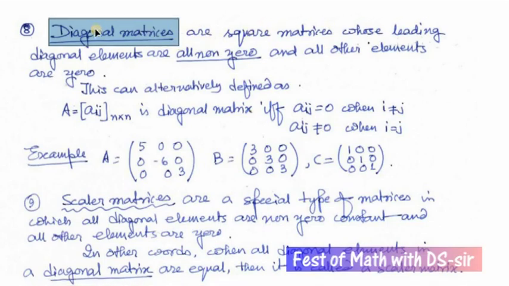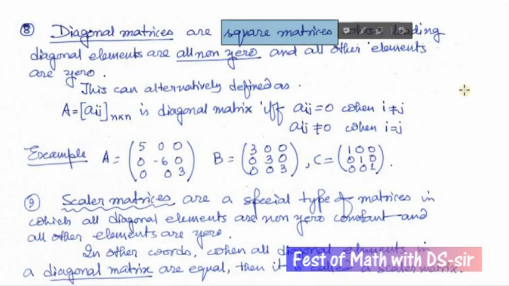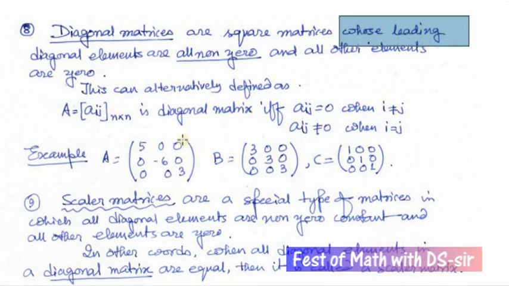Likewise, diagonal matrix, this is a special definition for a square matrix. There is no diagonal non-square rectangular matrix. We have to mention non-square because all square matrices are also rectangular matrices. Diagonal matrix is a square matrix, note the word square, whose leading diagonal. What is the leading diagonal? If it is a square arrangement, then this is one diagonal, this is also another diagonal, but this is called the leading diagonal or simply diagonal.